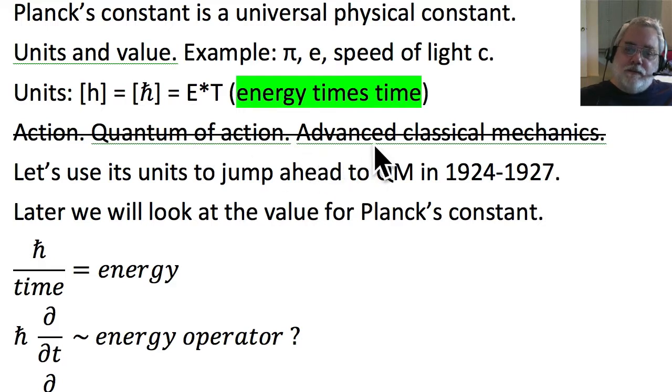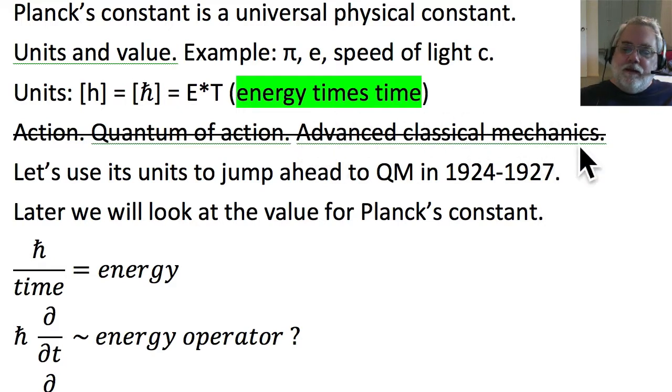because nowadays physics students learn quantum mechanics first and advanced classical mechanics is a senior elective or an elective graduate course. Because you don't need it as much. We don't solve as many problems in advanced classical mechanics as they did in 1900. It's used for several problems. If you want to know how much Mars alters Earth's orbit, you'll use advanced classical mechanics. Well, you and I don't do that. We'll look it up in a book.